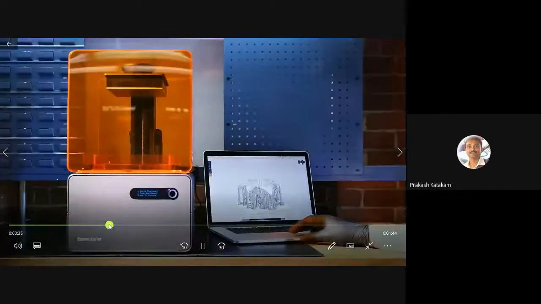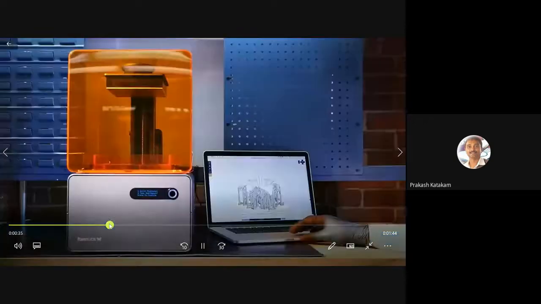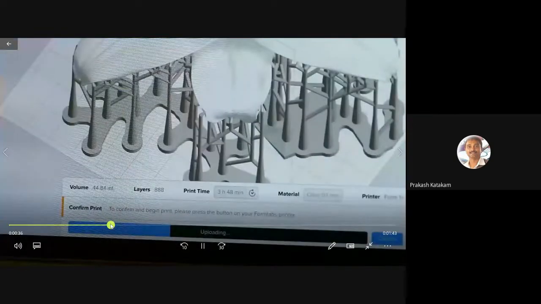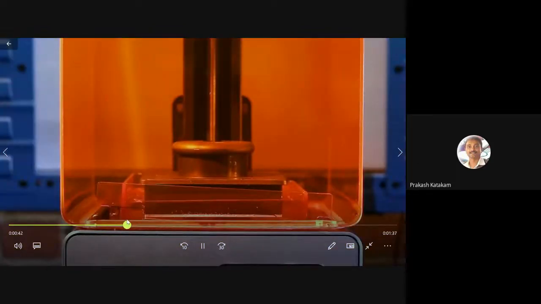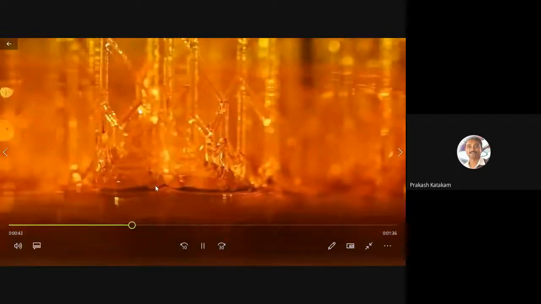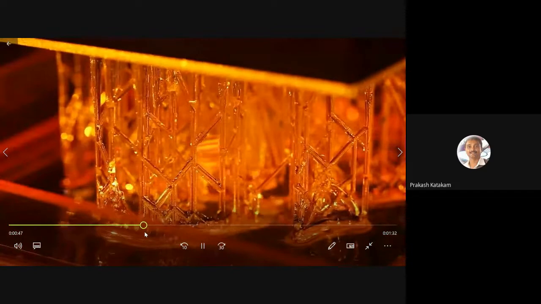They made a model here. This is support. Earlier I told you something about support material. So these gray materials that you see are support materials. The top one is a flower. They put the material. You can see the laser passing back and forth inside, hardening the liquid plastic.